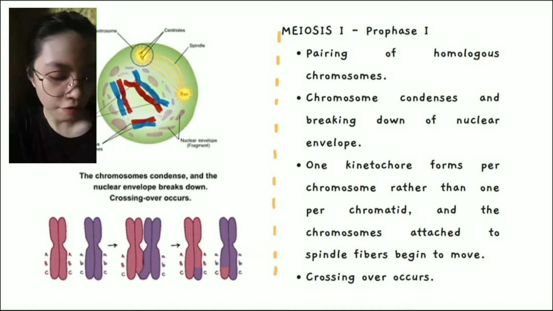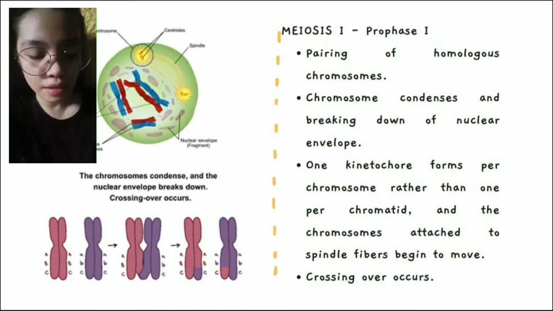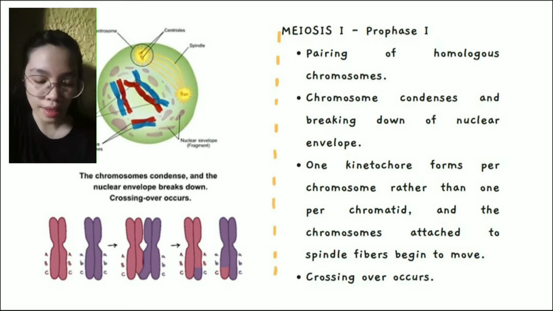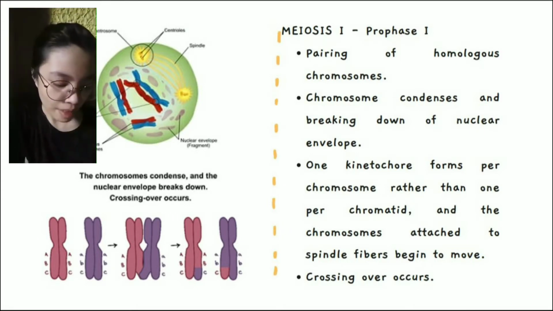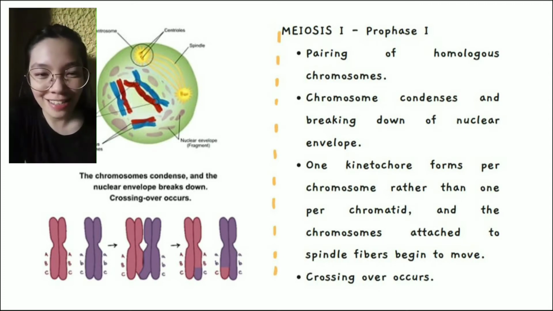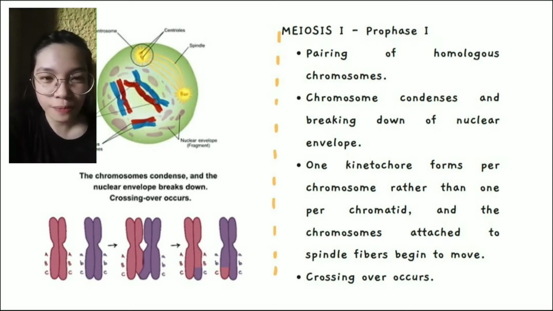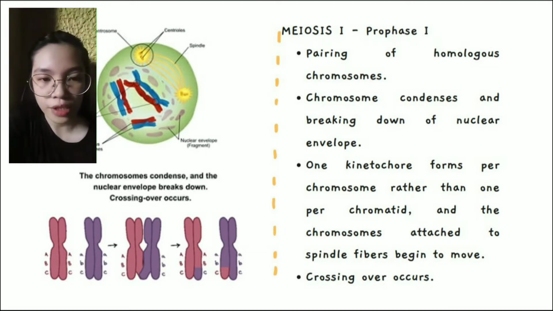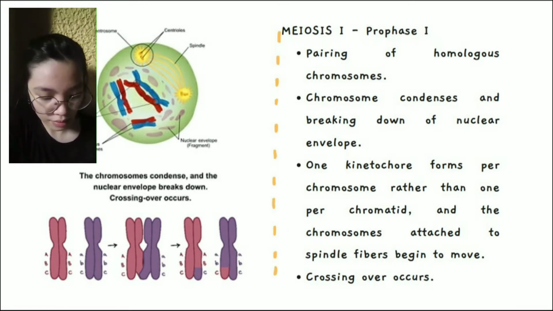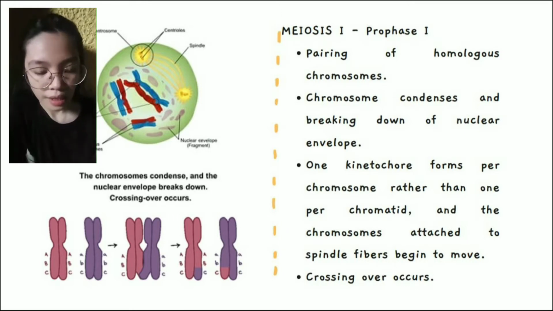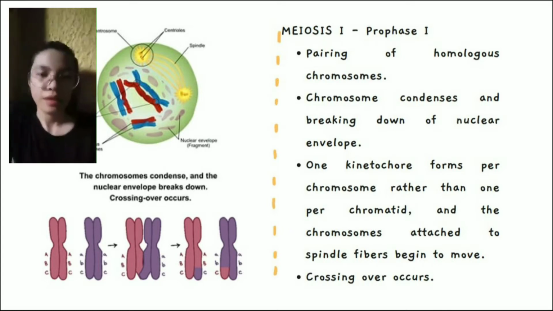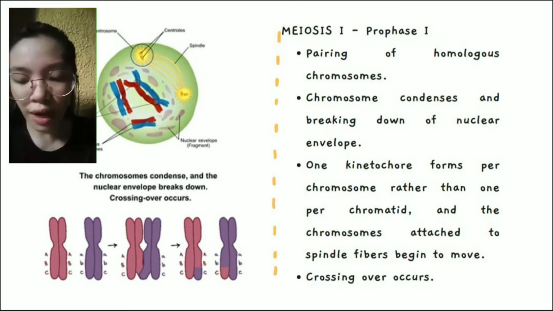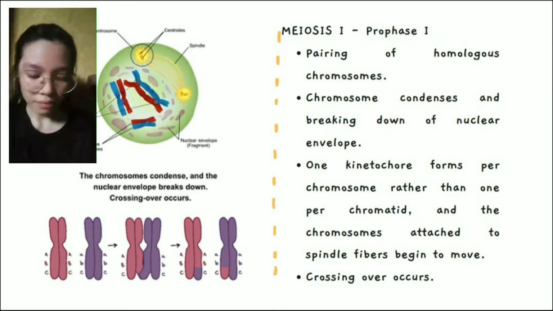What happens in prophase 1 is almost the same as in mitosis. The nuclear membrane, or nuclear envelope, starts to disappear. Then the centrosomes start to produce the microtubule spindle, and they start pushing apart a little from the spindles. The condensing of chromatin into chromosomes also happens in prophase 1.